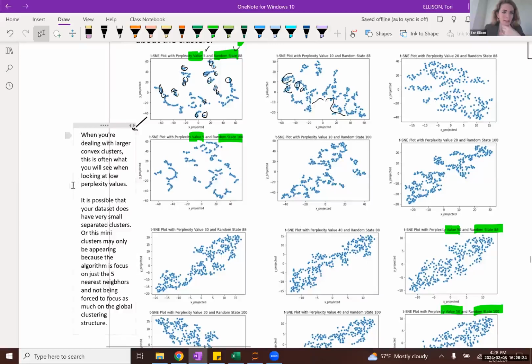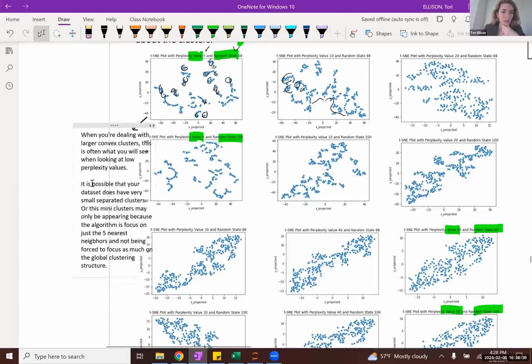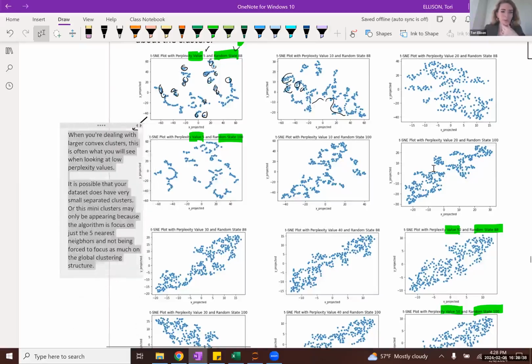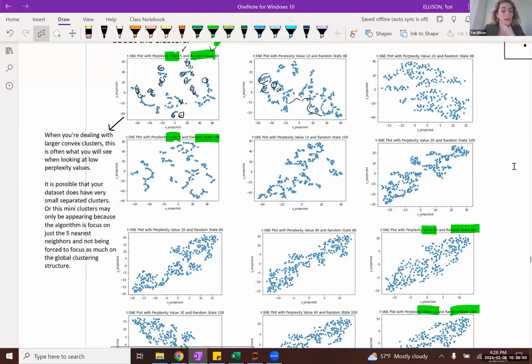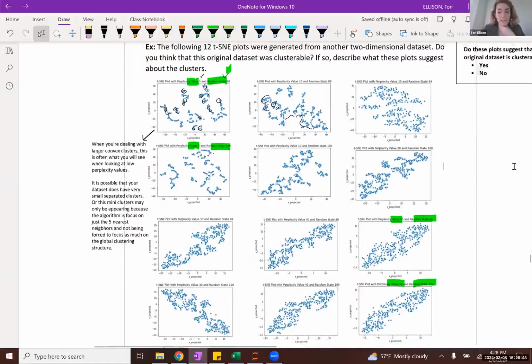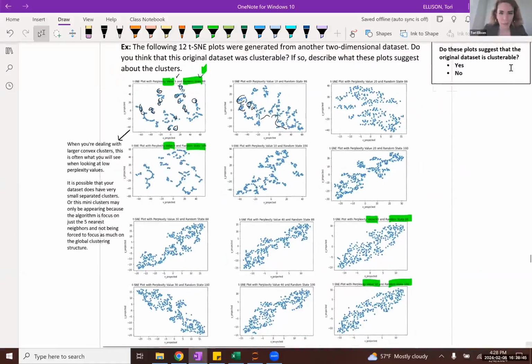Technically, this could be the case. Quite often, a lot of our data sets do not have this many clusters, but it is possible. So let's see what happens if we increase this